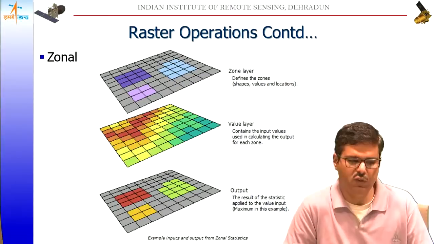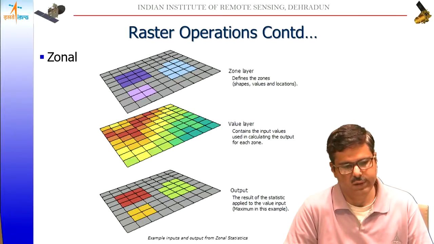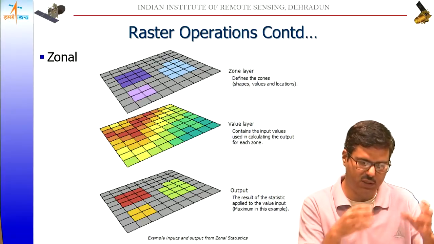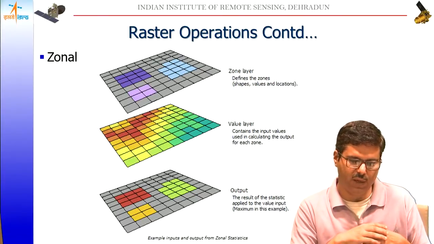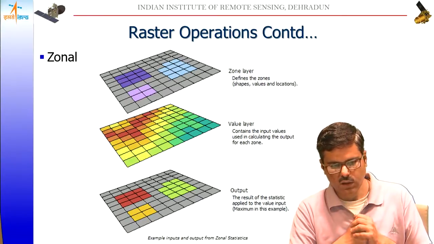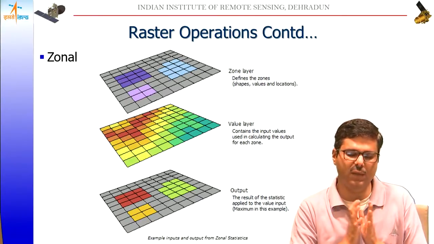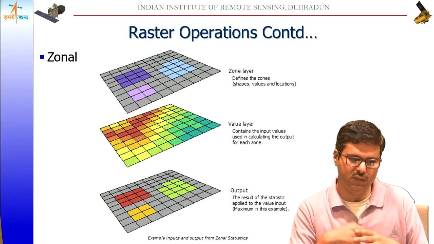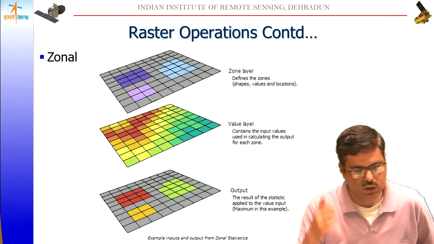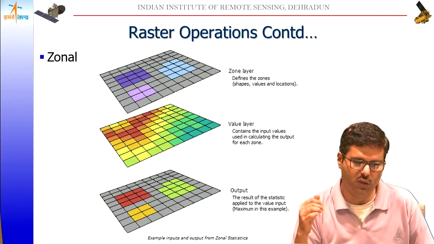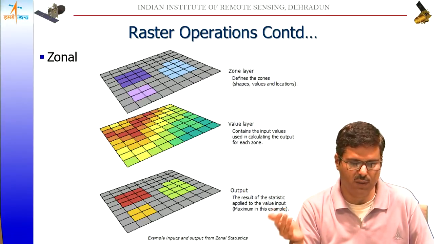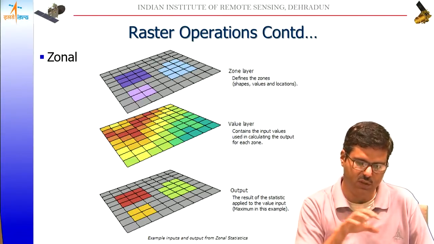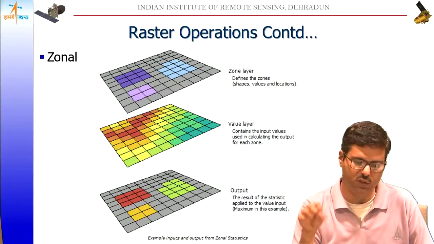The other operation that we use is called the zonal operation, where instead of working on, let's say, local cell by cell or focal, considering the central pixel and the neighboring pixels, here we are looking primarily at zones. To give an example, suppose we have a soil map with various soil classes. If I count the number of pixels of all the soil classes, I will get the number of pixels and can multiply by the size of the pixel to compute the area. But those soils will be distributed in different regions of the study area.